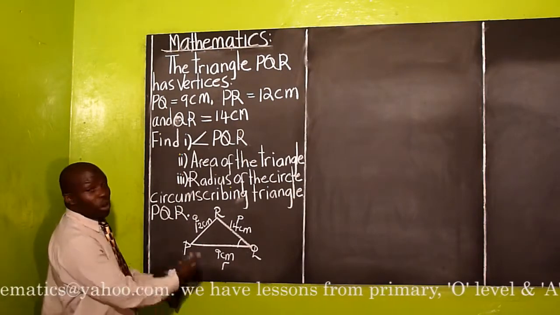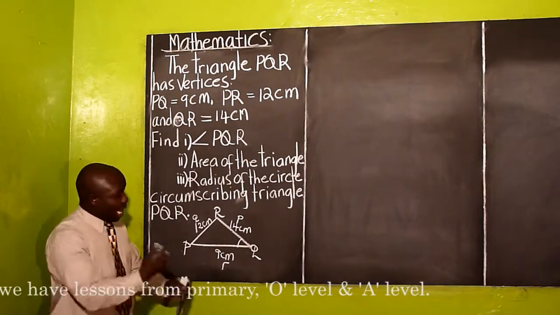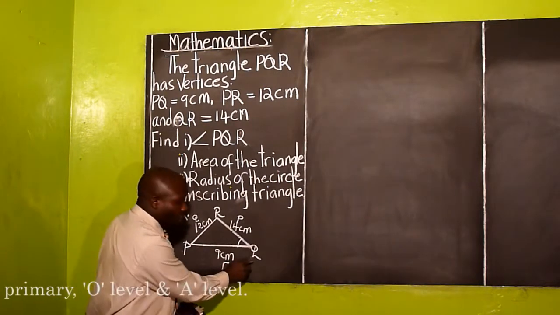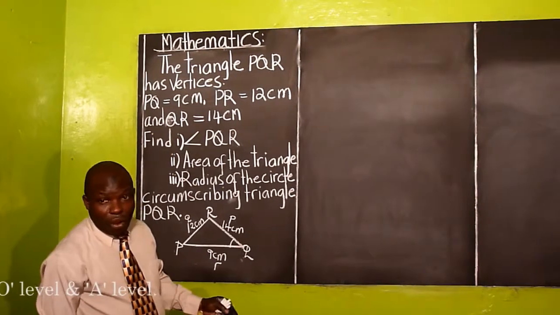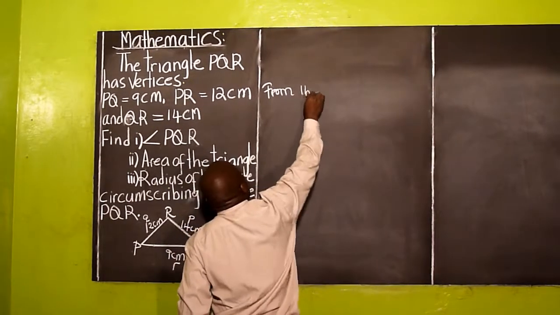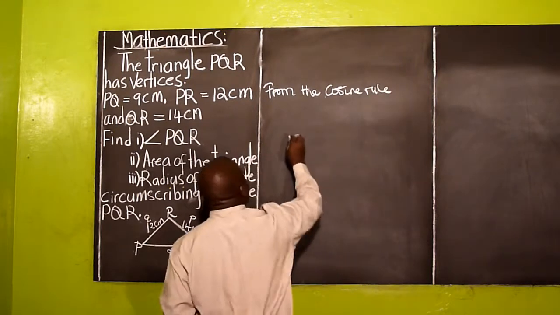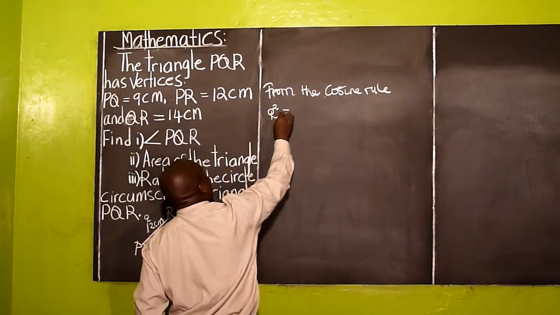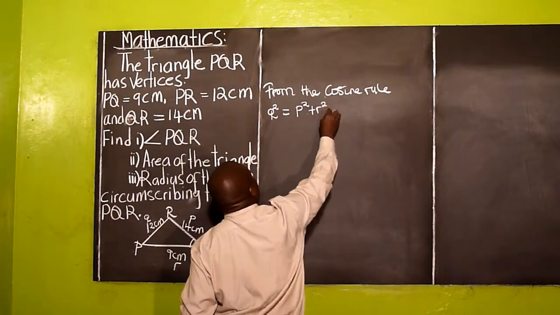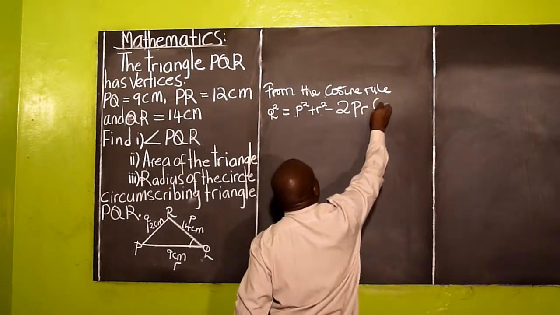Now, we want to find the angle 2. When you are finding angle 2, we are going to apply what we call the cosine rule. And we are going to write it in terms of smaller 2, because we are looking for angle 2. From the cosine rule, we can say smaller 2 squared equals smaller p squared plus smaller r squared minus 2pr cosine of